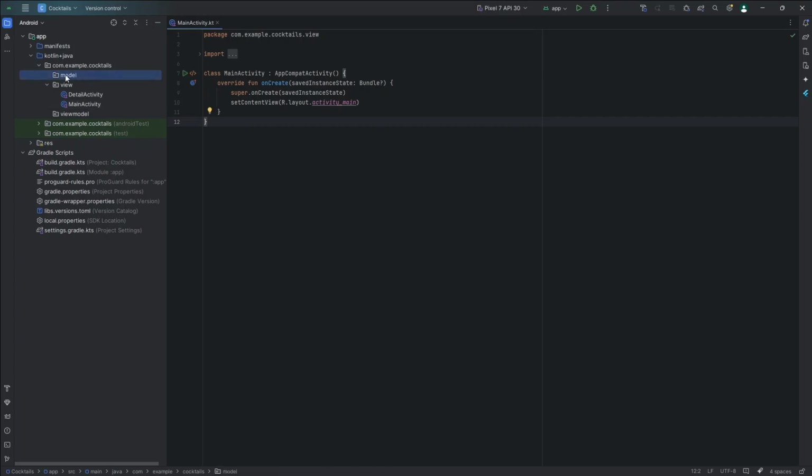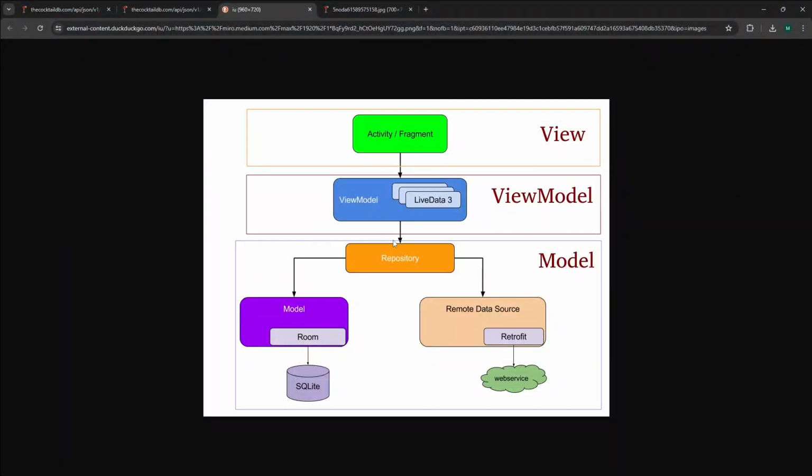So let's get to the model part. So in the model we have first of all the repository, and then we have a database that can be Room or any other database, and then we have a data source, remote data source, that we will be using a Retrofit that will be calling